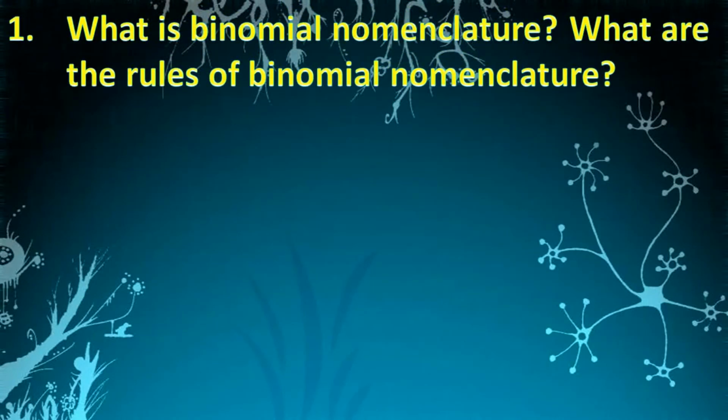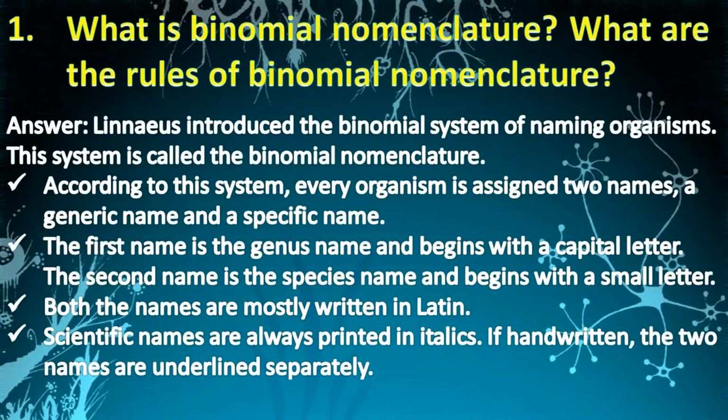What is binomial nomenclature? What are the rules of binomial nomenclature? Answer: Linnaeus introduced the binomial system of naming organisms. This system is called binomial nomenclature. According to this system, every organism is assigned two names, a generic name and a specific name. The first name is the genus name